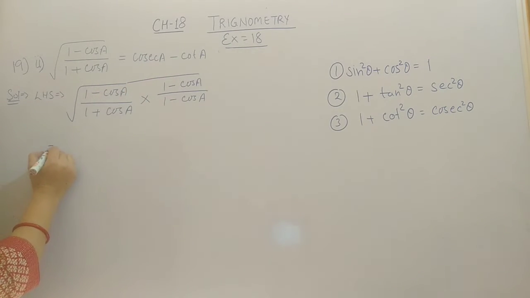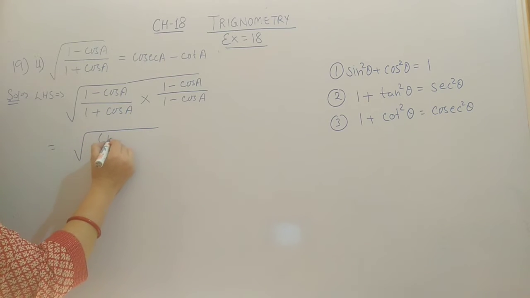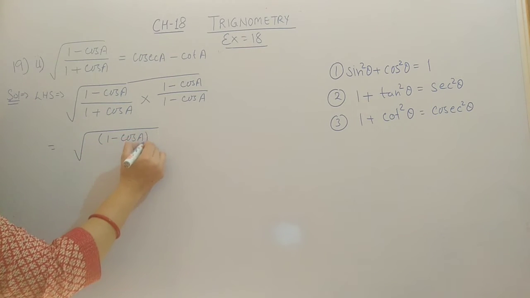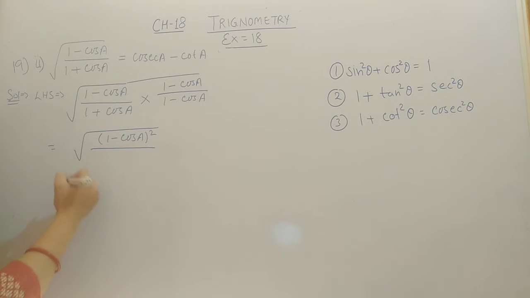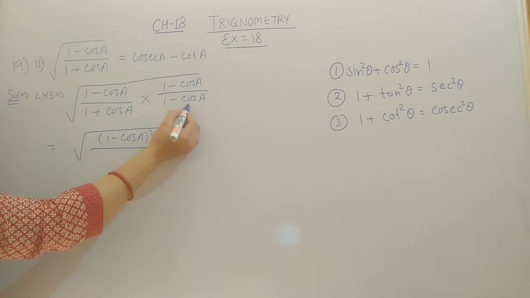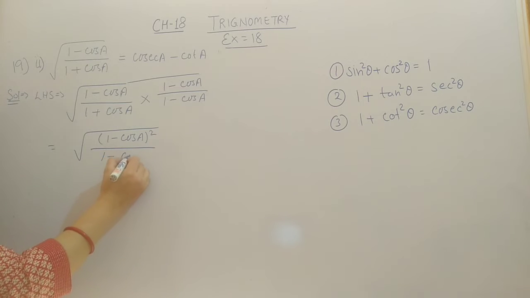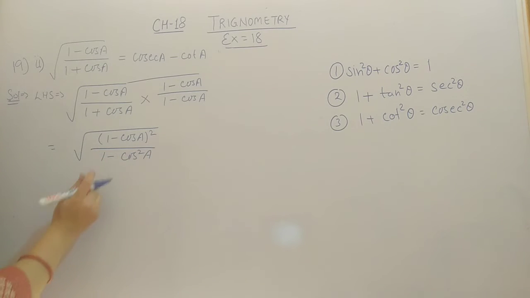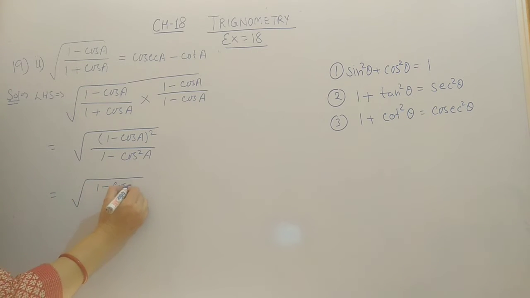Now the numerator will become (1 minus cos A) whole square, and the denominator will become (1 plus cos A)(1 minus cos A), which is equal to 1 minus cos square A. 1 minus cos square A we can write as sin square A with the help of the first identity. So (1 minus cos A) whole square divided by sin square A. Both are in square, it will come out of this root symbol. So (1 minus cos A) by sin A,